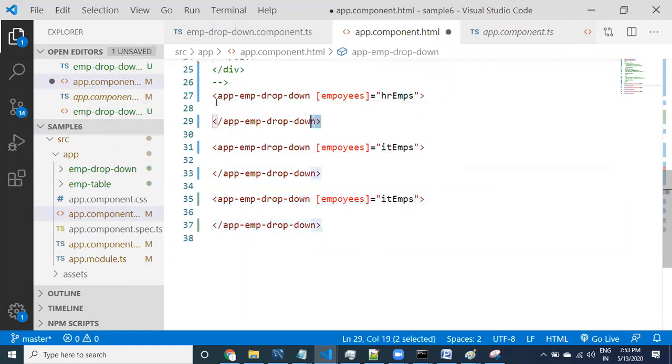I just called the same component 3 times or 4 times, however many times you want, that's your choice. This is one component, and this is one component, and this is one component. You can provide 3 drop boxes like this, with different data.